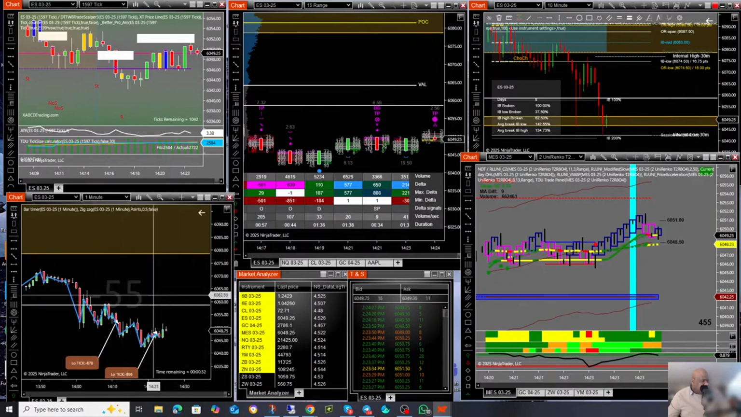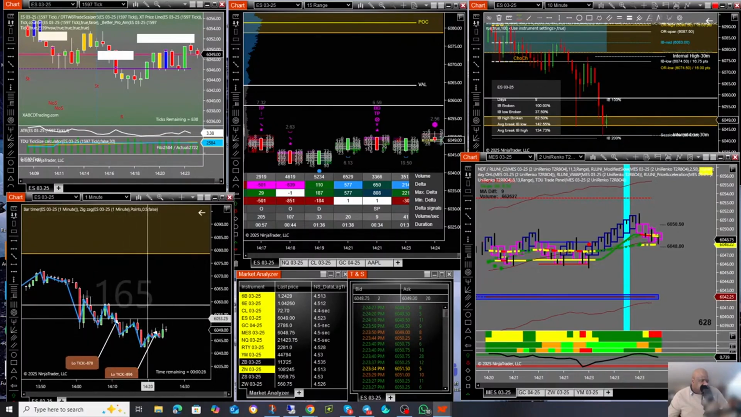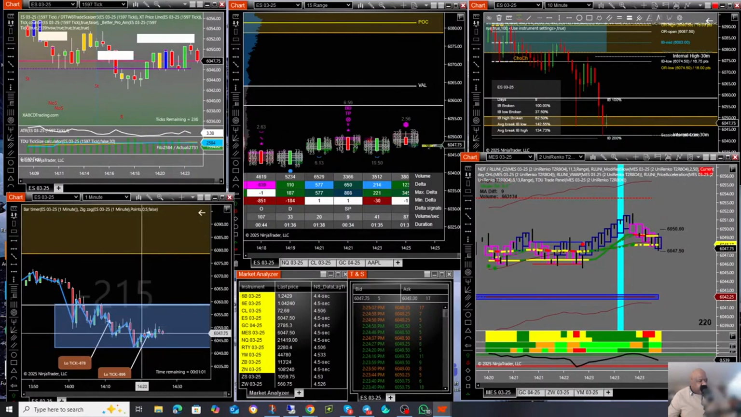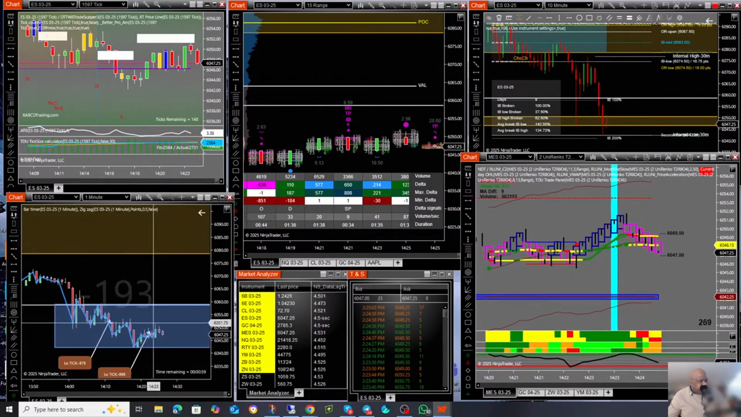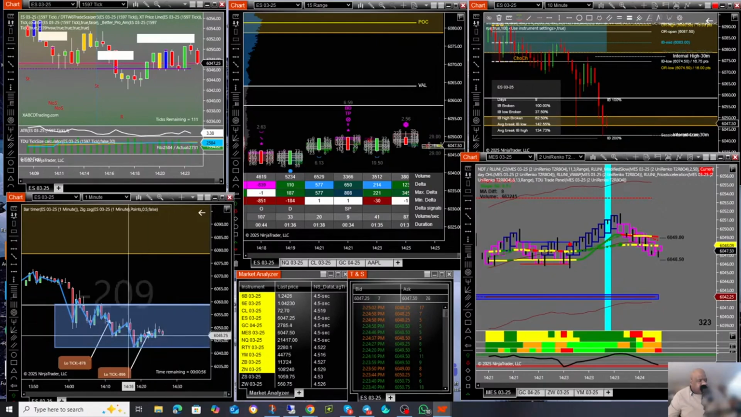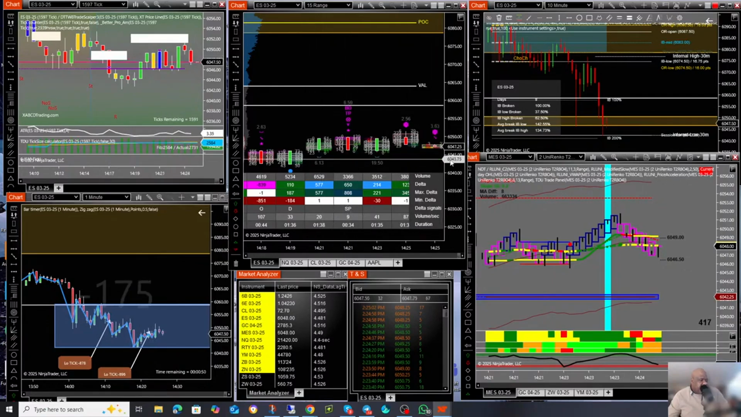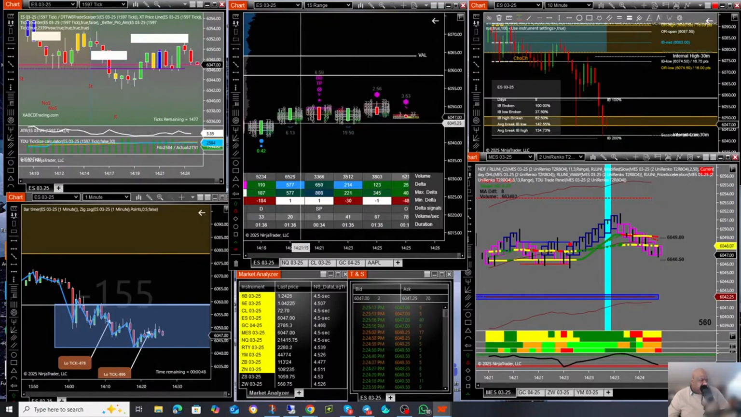Let's see what it does this time around here. Still back and forth. It's still in that range. I don't want to touch this. I think as long as we're in this range here, I don't think I want to think about the market taking the trade. As you can see in the 15 range chart in the middle, it's a nice range here